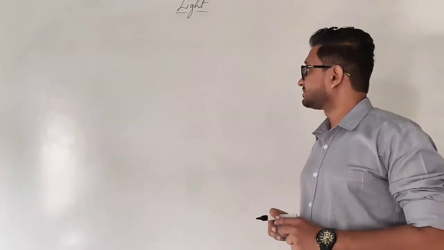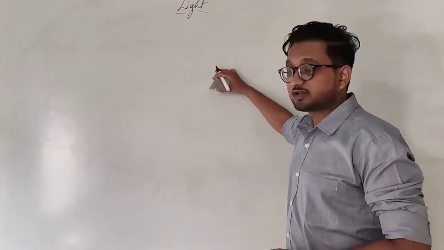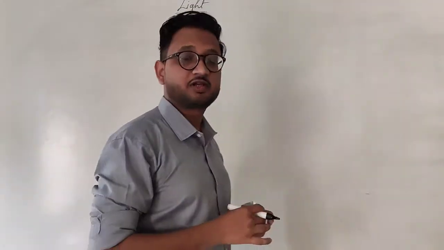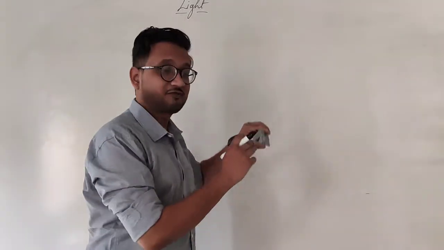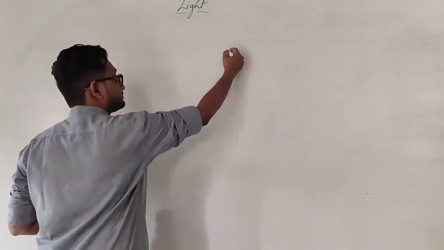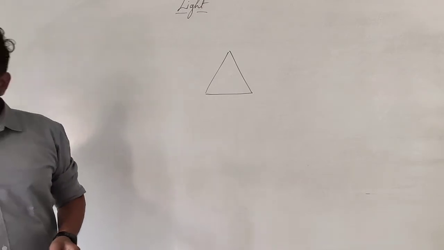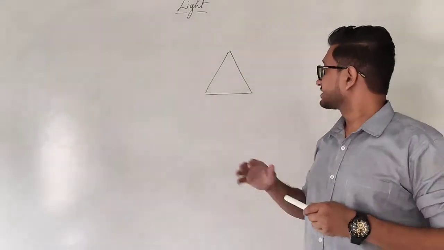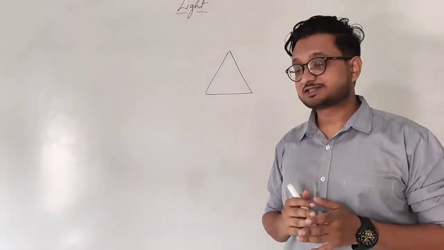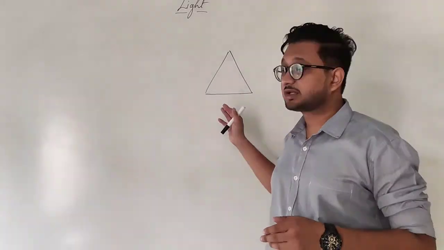Let's say that we place the prism on a white blank sheet of paper like this, and whatever we do, we are going to show it on the board over here, and you can do this practical at home. You can find the prism in the stationery as well, okay? So inside a glass prism, we have rays of light entering from one of the sides and exiting from the other. But how will the refraction work for this particular case?